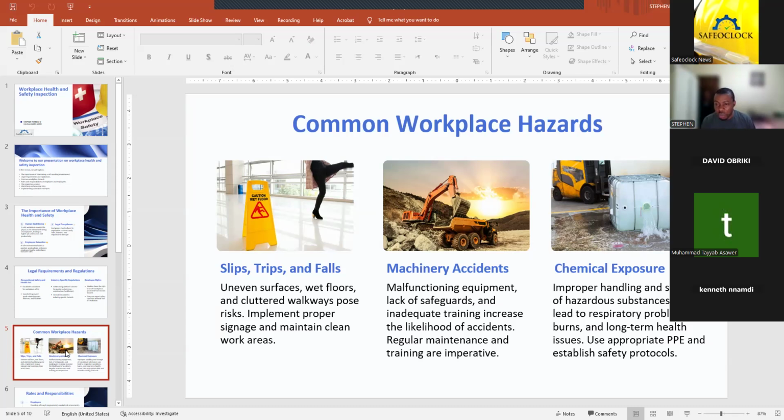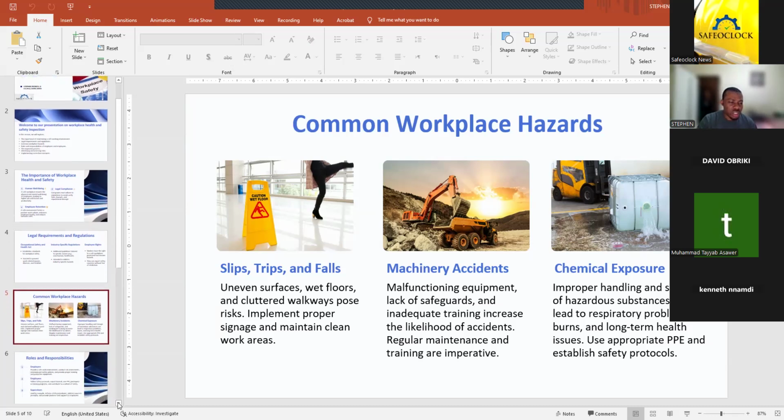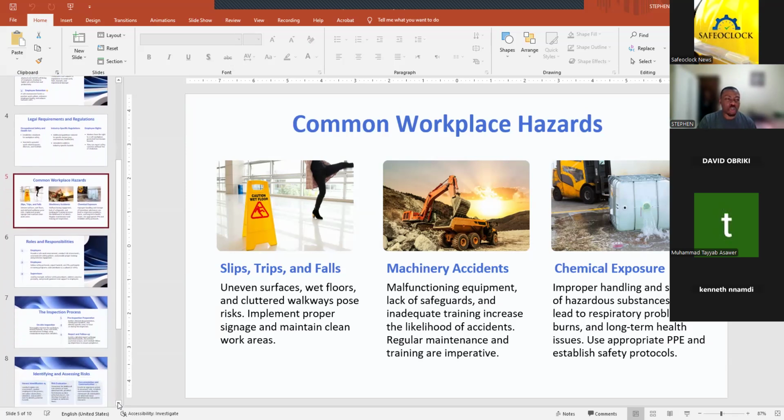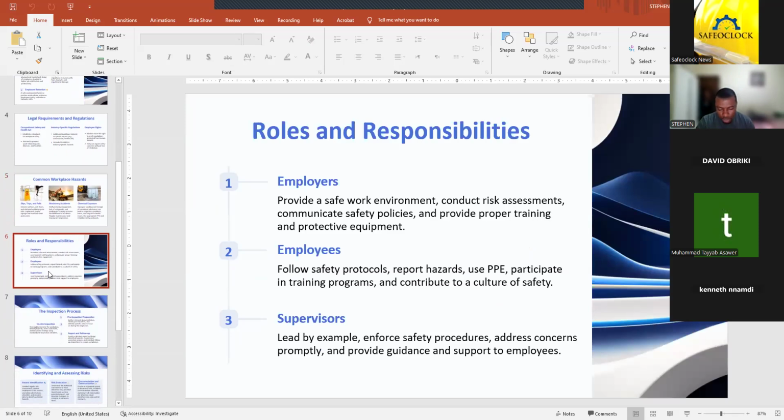Even a chemical spill is also a potential for slip, trip, fall at the same time. So it is very pertinent that we understand all these things and also try to communicate it as a health and safety practitioner within our respective